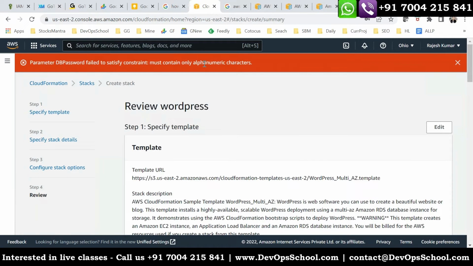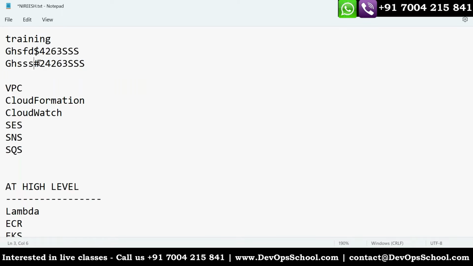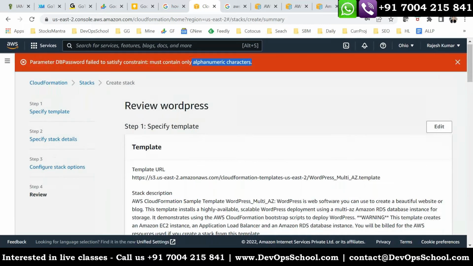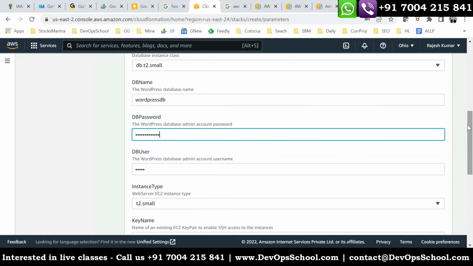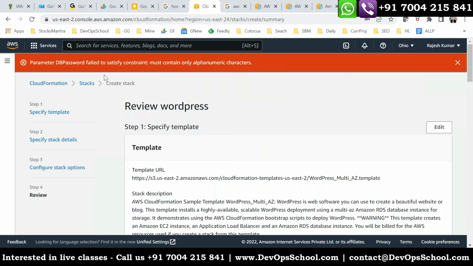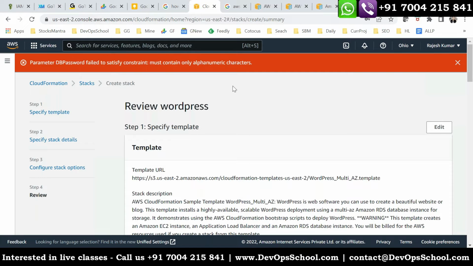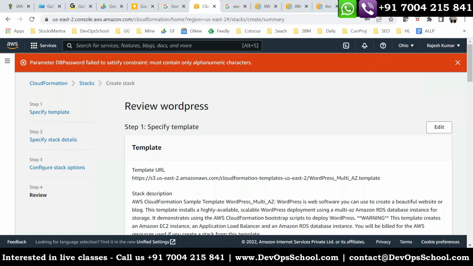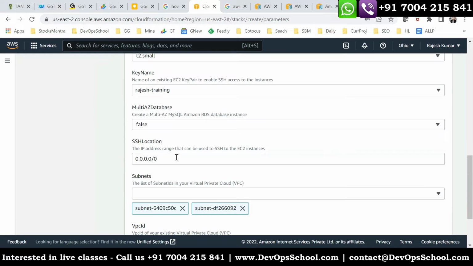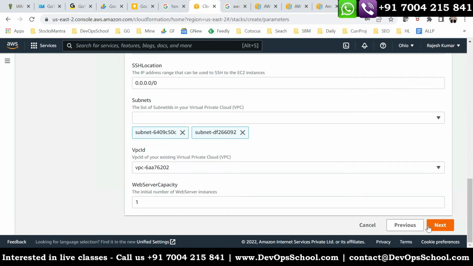Now what? Okay, it says must contain only alphanumeric characters. So here the alphanumeric. So dollar and hashes, I am removing them. So go for previous, and next. Alphanumeric only. One more time. ADMIN and next,